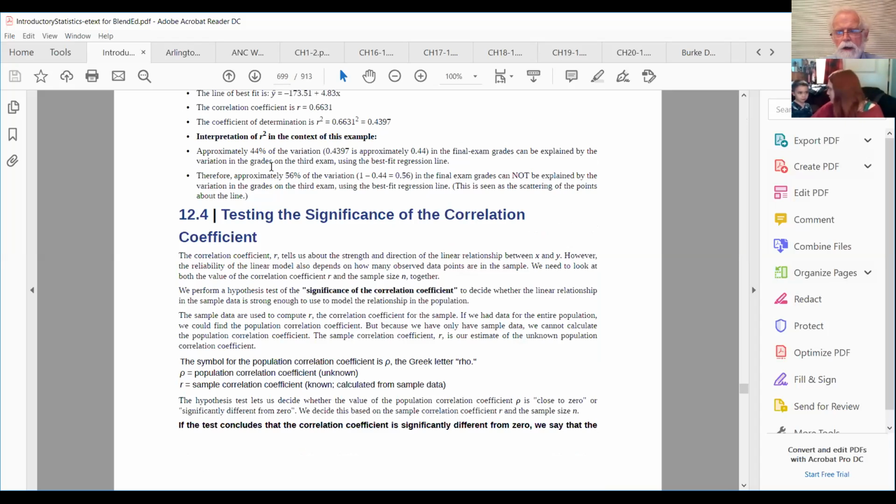a measure of being able to say, okay, our correlation coefficient when we did that a minute ago was 0.635. I'm just going to pull up my calculator. I won't bother you with showing it to you. Squaring that is 0.403. So basically that says that between these two sets of data,